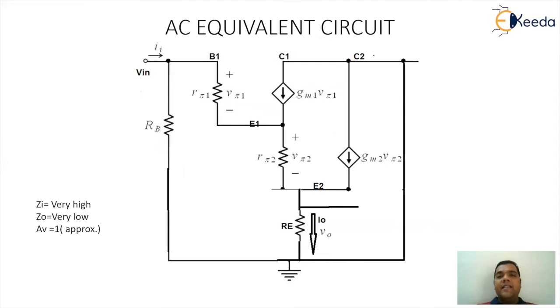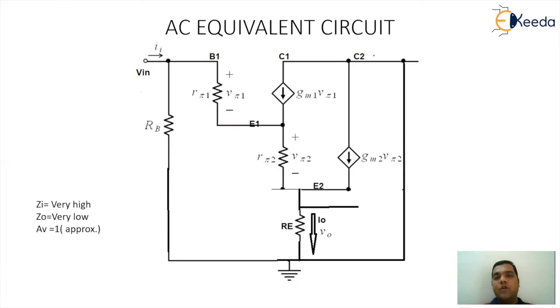Now if I go for the AC equivalent circuitry, you can see the two transistors arrangement: collector 1, emitter 1, base 1, collector 2, emitter 2 and base 2, where the emitter 1 of the first transistor is directly connected to the base of the second transistor. So we have R pi and gm for the individual transistor. The collector 1 and collector 2 are connected to a single collector terminal, which will be shorted to ground under AC. Between the base point and the ground point, you will have RB, which is R1 parallel R2. And at the output end, we have the output across the emitter, with the output current flowing towards the ground point.